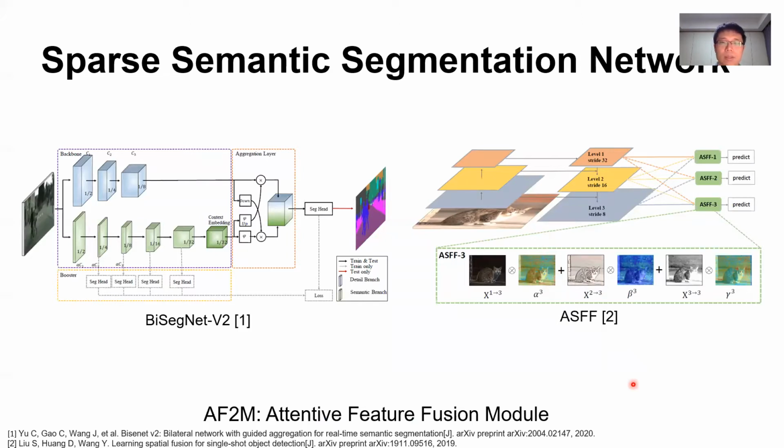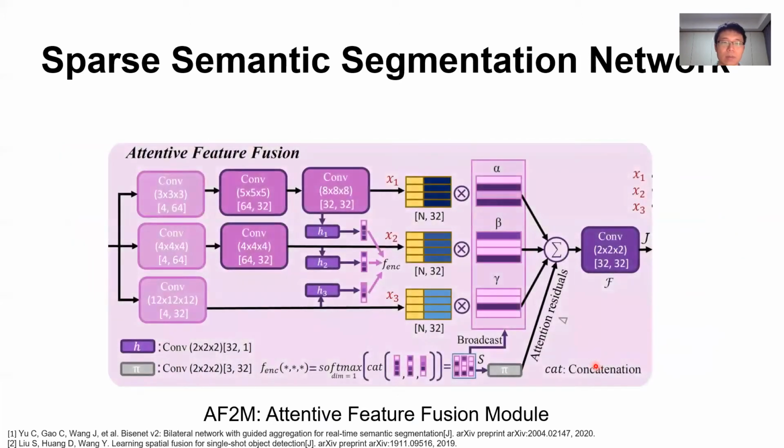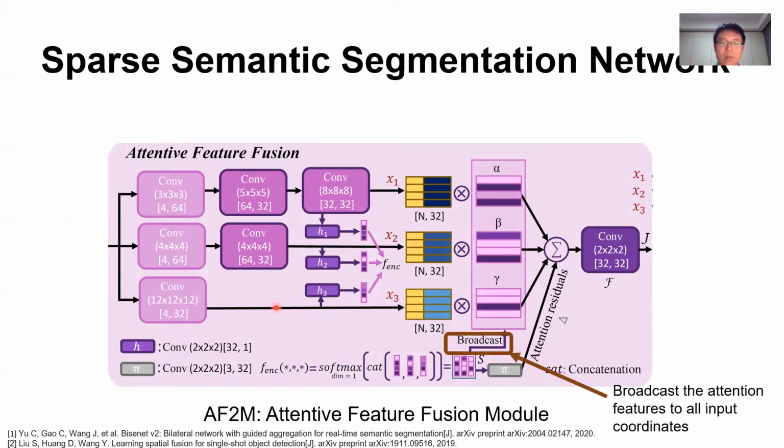Now let's start with the AF2M Attentive Feature Fusion module details. Heavily inspired by two influential papers, Bilateral Semantic Segmentation and the Adaptive Feature Fusion module, the module uses multiple branches that capture the detailed information and the highly abstracted semantic information. And then we use attentive feature fusion to aggregate the features across branches. Unlike feature fusion in the image realm, which requires a resize that might introduce extra error and computational complexity, a sparse tensor has an internal hash map across the scale space that can be easily updated with little effort.